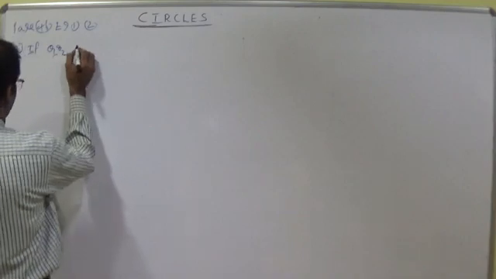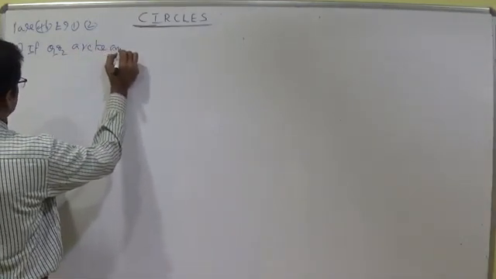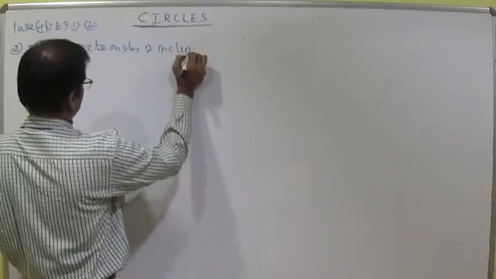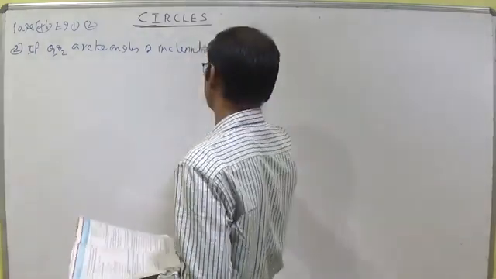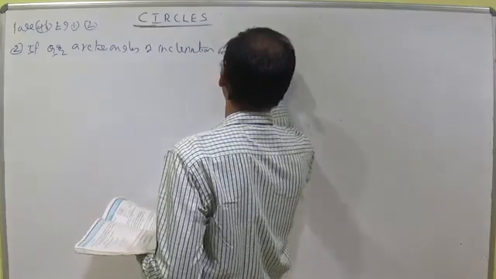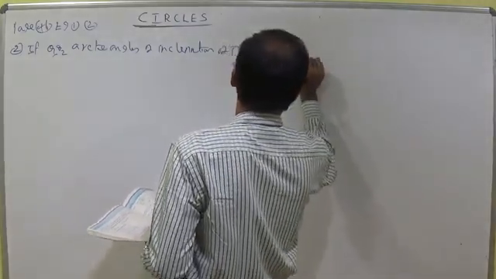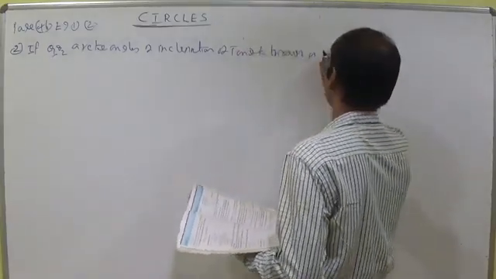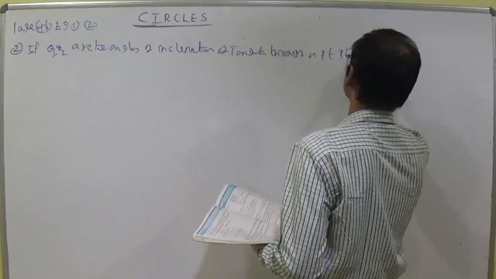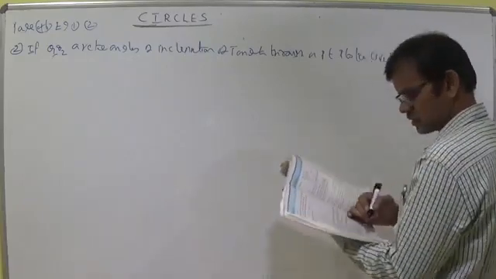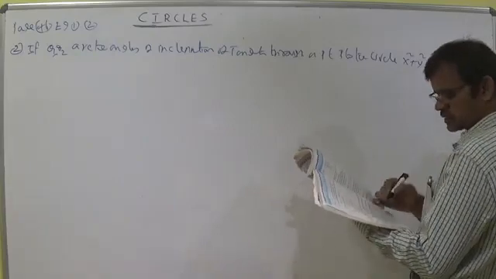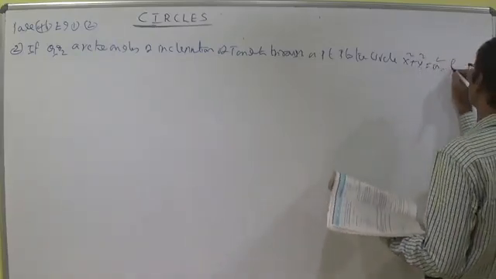If theta 1, theta 2 are the angles of inclination of tangents through a point P to the circle x square plus y square is equal to a square, find the locus of P